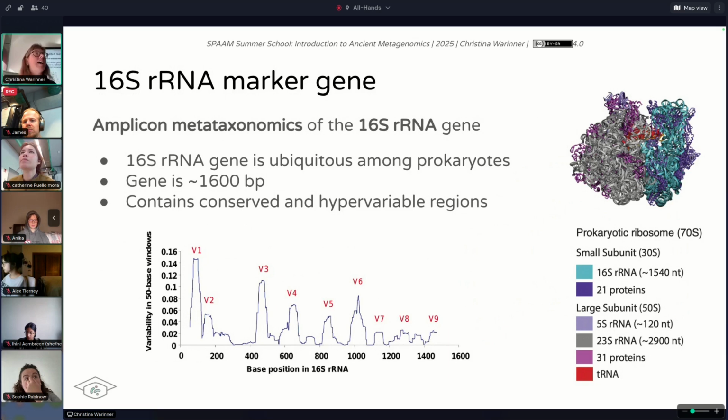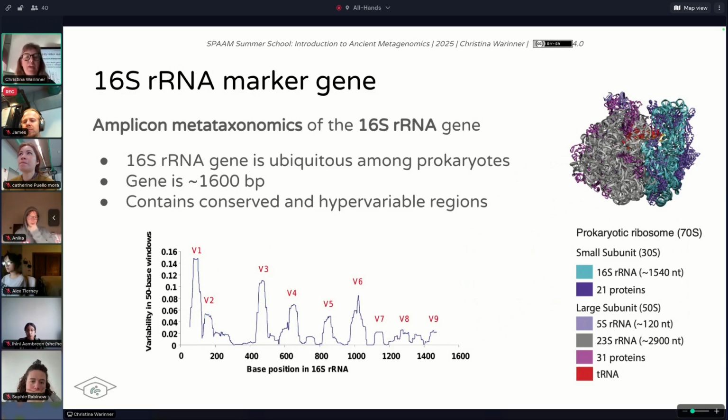with a capital S because S stands for Svedberg units, which is a unit that refers to the density or the molecular size of this ribosomal protein-RNA complex. This gene is ubiquitous amongst prokaryotes, so it's really handy for trying to classify all different archaea and bacteria using